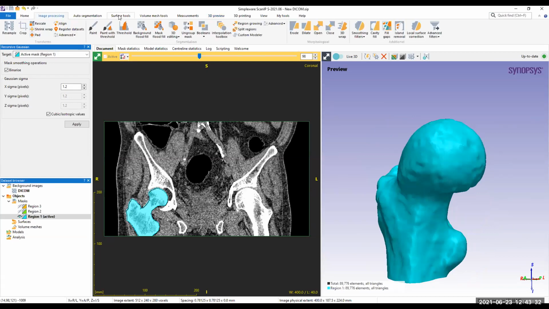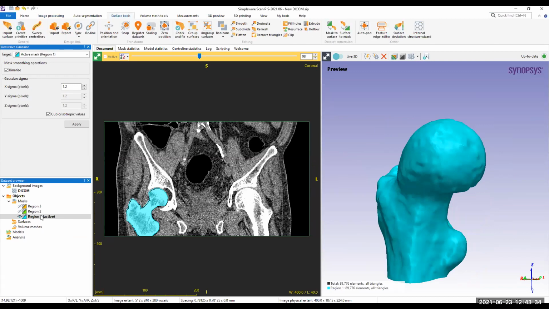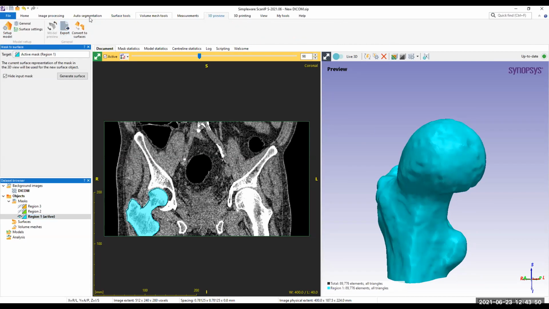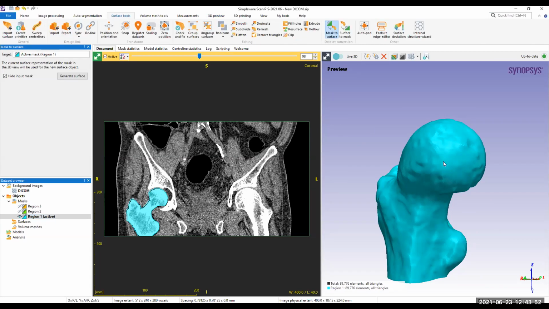So I will go to surface tools. Before that, I will just convert this to surfaces. Here I have an option that is mask to surface. So I'm just converting this model to a surface model.